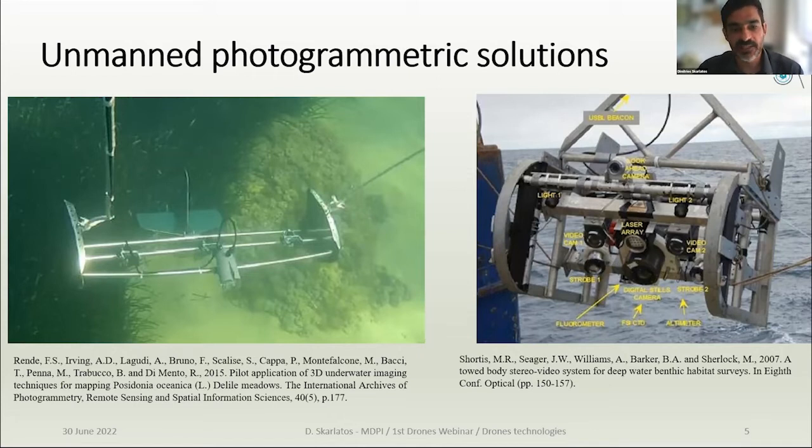On the left-hand side, you can see one designed for quite shallow waters. Of course, both of them are designed to map large areas and provide sea bottom mapping. On the right-hand side, you can see another one designed for deeper waters, and you can already see that there